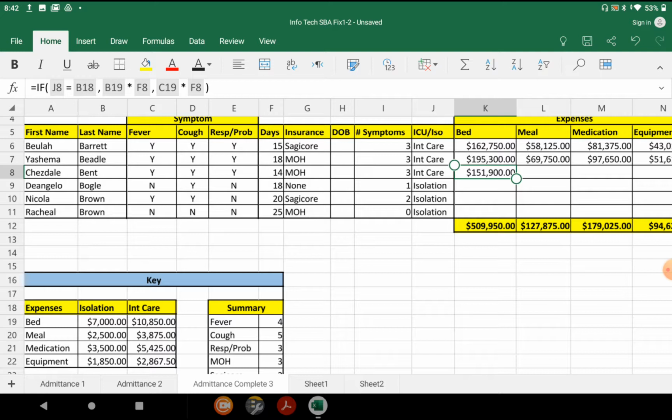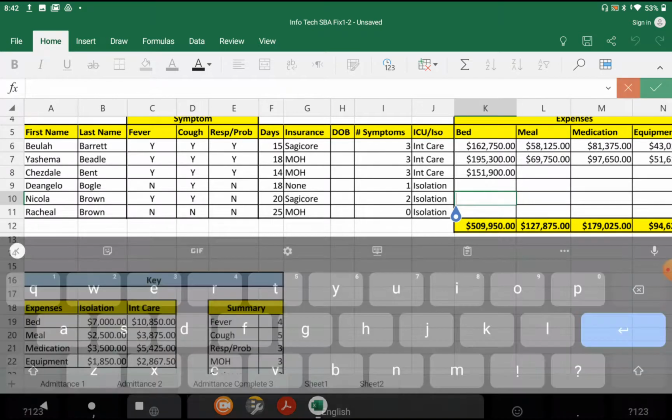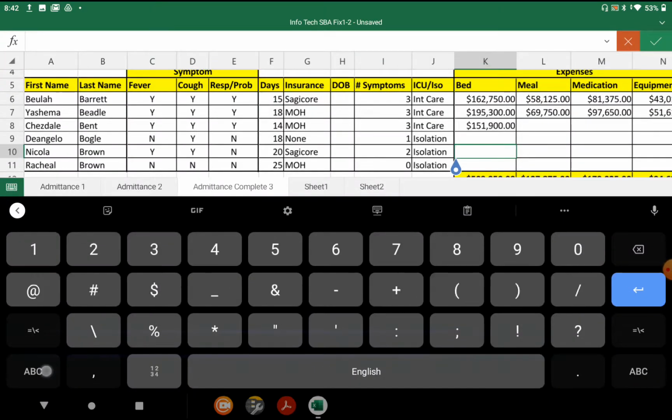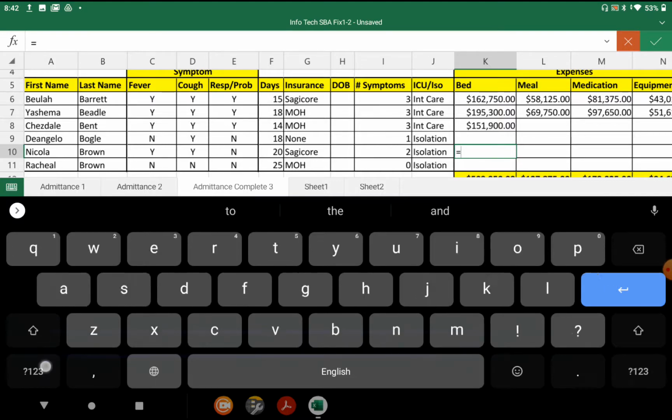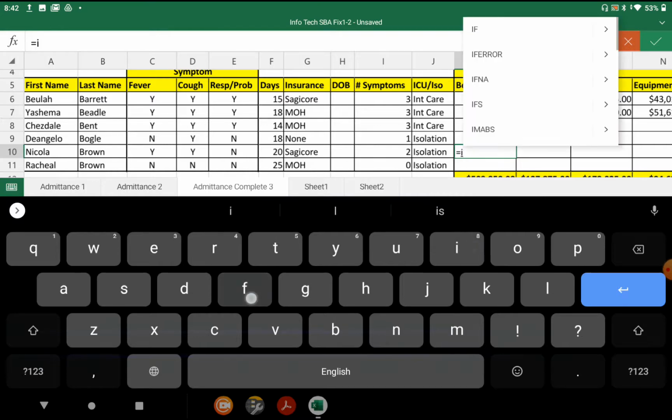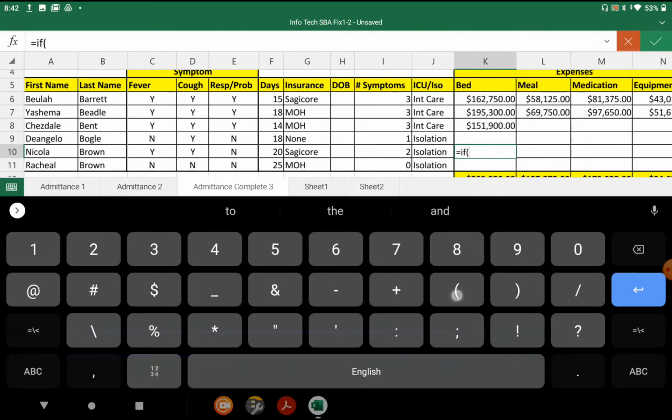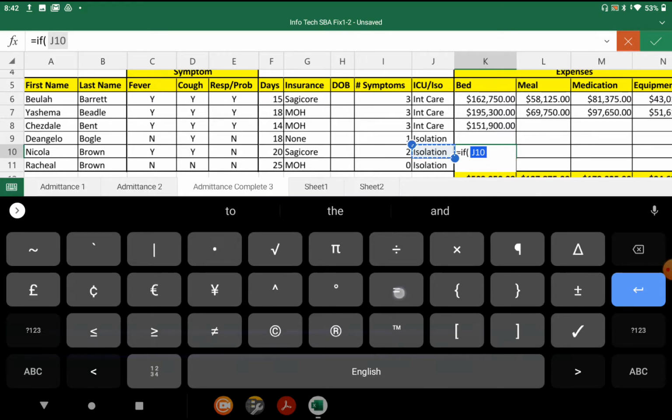All right. I am going to do another one so you get this properly. Let's do it for Nicola Brown. Same procedure. Watch me. So we're saying equal if, open bracket, and in this case, because we're using Nicola Brown, which is in row 10, we're saying if J10 is equal to,